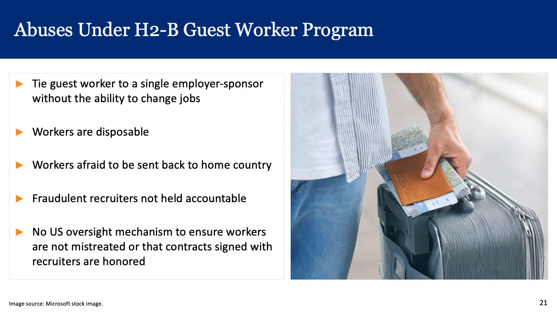Now, just like the H-2A program, the H-2B program also fails to protect workers. For one, it ties guest workers to a single employer sponsor without the ability to change jobs. This makes the worker's ability to obtain and retain status in the United States entirely dependent on remaining on good terms with their employer. As such, this program makes it easy for employers to treat workers as disposable commodities, using their labor and then disposing of them if they complain about anything related to their job, or if they educate other workers about their legal rights, or even if they are non-compliant with employer demands.